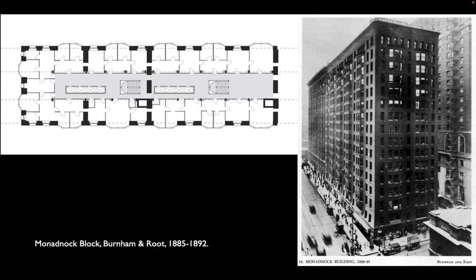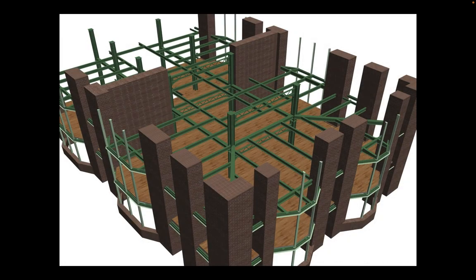And what you always hear is that this is proof of the kind of limits of masonry construction, because the brick, as you can see, swells as you get down to the ground floor, and it takes walls of about 6 feet thick to carry the load of the masonry above. Right, most of the brick in the Monadnock is carrying other brick. The brick is so heavy that you end up sort of chasing your tail, trying to carry all of it. If, though, you crack open the Monadnock and look inside, you see that it too is a hybrid,